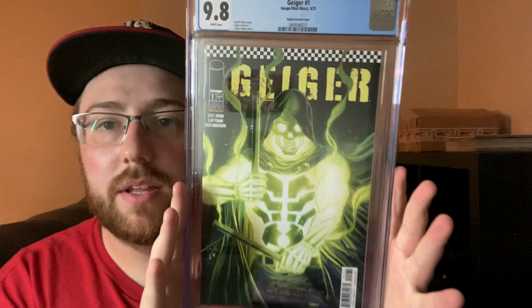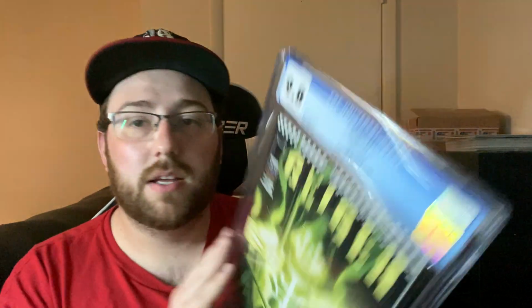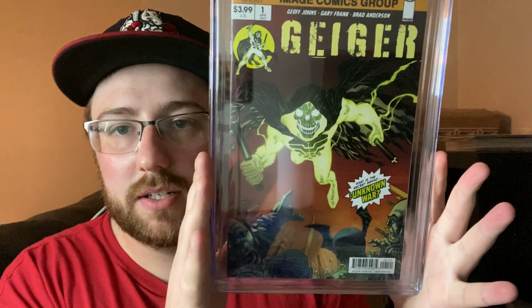So first up, this is Geiger #1. This is the Frank's cover, I believe. Oh no, this is Jason Fabok. Jason Fabok variant cover. So awesome. Here's another Geiger #1. This is just the main cover here. Pretty cool. I'm gonna keep the bags, but I think I'm gonna store them separately. They should click together. There we go. All right. Here's another Geiger #1 variant. Big on Image #1s, you'll notice that. Another Geiger #1. And then